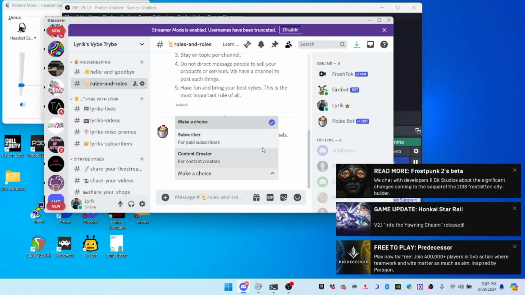Or I could click that I am a content creator and get channels specific to paid subscribers and content creators. So you want to look for the role selection option to choose whatever roles you see that apply to you, and that will gain access for you to access different channels. Otherwise, things get a little cluttered and there's just too many channels that aren't relevant to you, and that can get super frustrating. So, you read the rules, you get your roles, and then the next thing I recommend you do